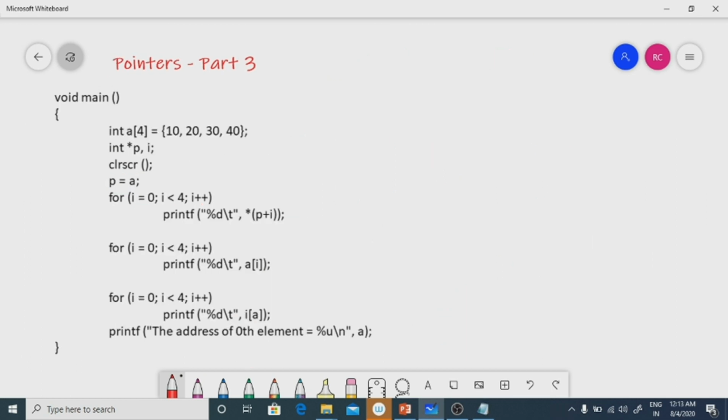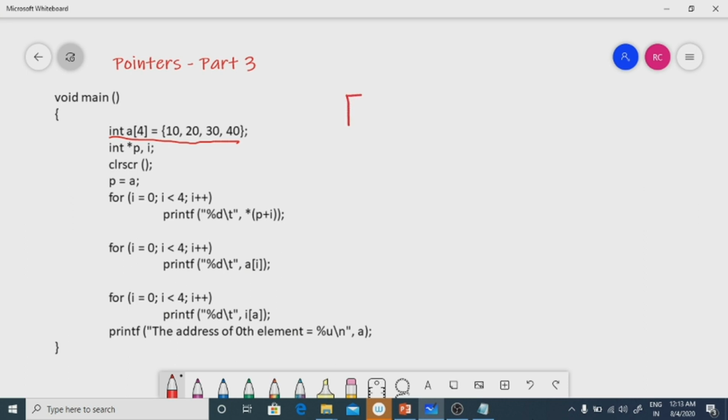Now let me increase the complexity a little bit. This is again array initialization. If we assign some elements to an array at the time of declaration, then it is initialization.